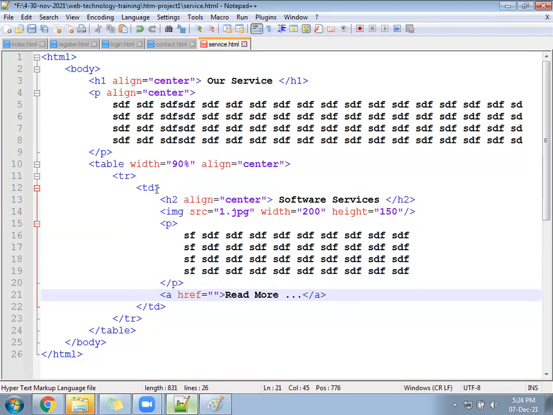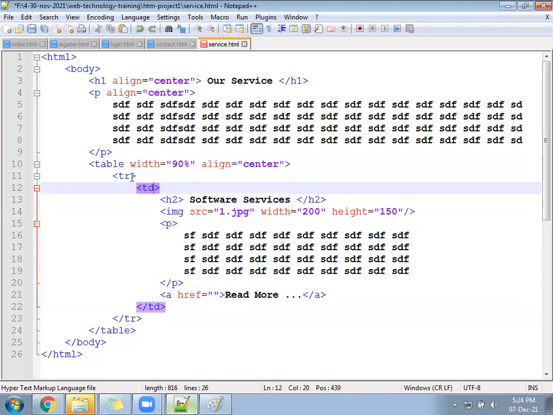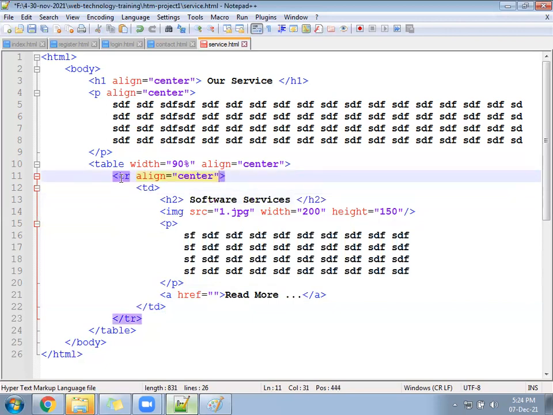And for this complete TD, you write align center. The full TD should be align center, or maybe the TR itself align center. So inside the TR, whichever data you write, all will come in the center.